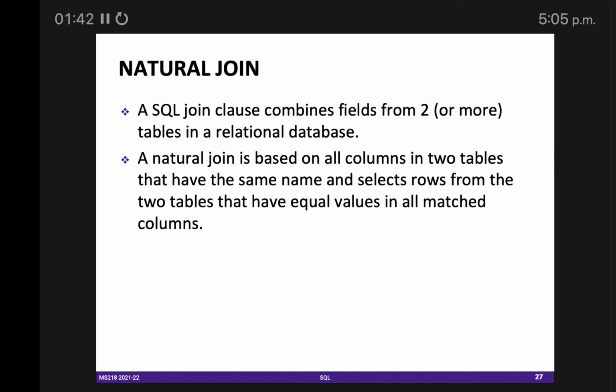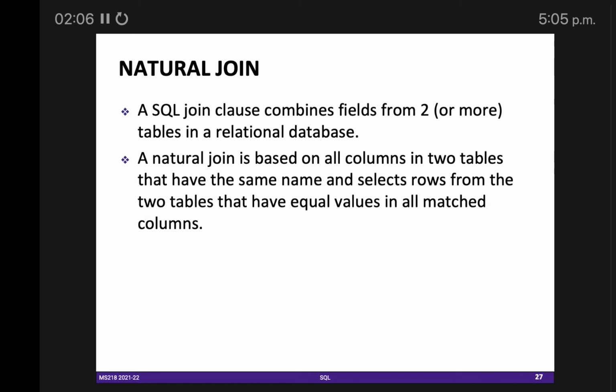In terms of join we have one type of join known as natural join. Natural join can be used to combine two or more tables. But there is some criteria for when we can use natural join. From the word you can get that we need the same name of columns in two tables.